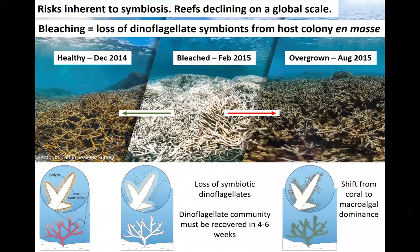But there are risks inherent to being part of an obligate symbiosis, namely that if, for example, environmental conditions become too stressful, that relationship can break apart. And so with Symbiodiniaceae and corals, we see that often in terms of a process called bleaching, which you can see here,